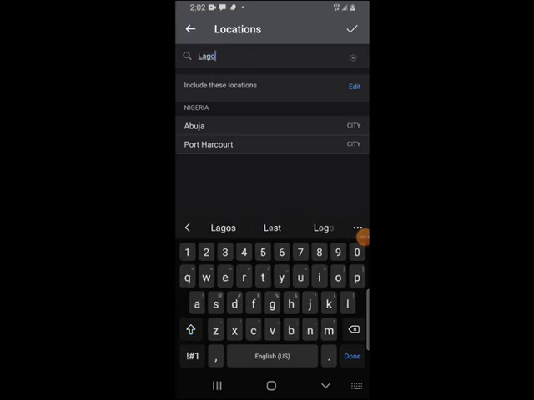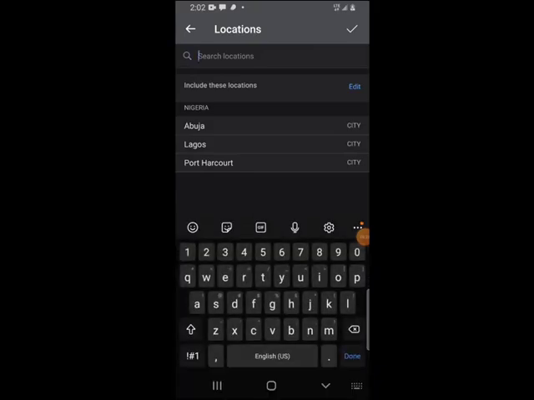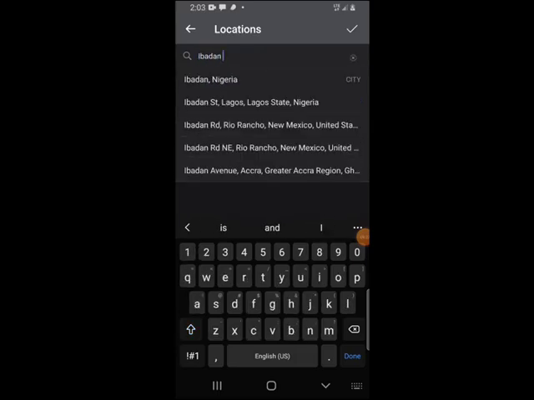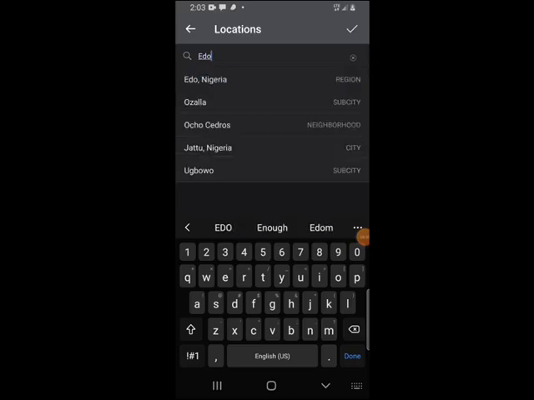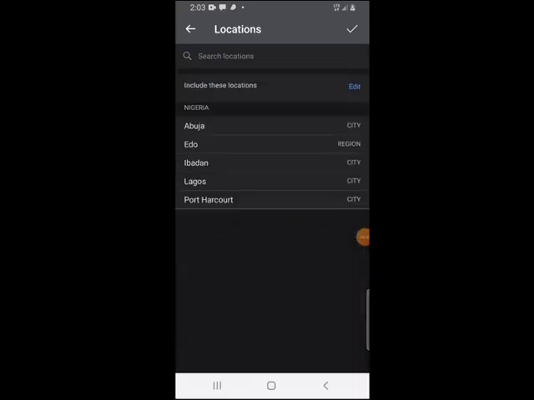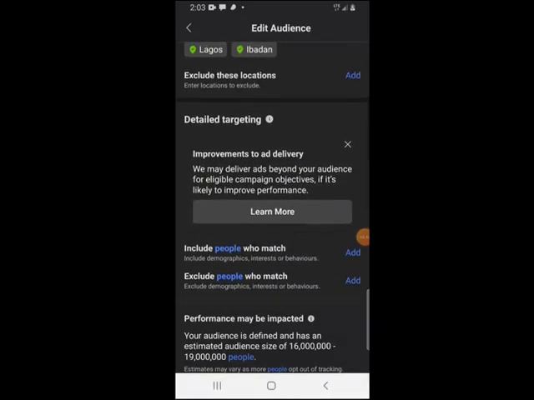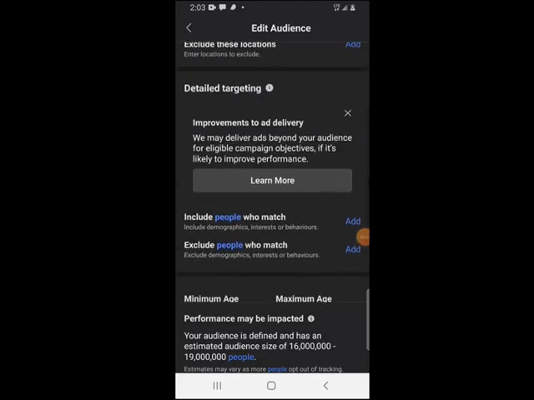Lagos, Nigeria, Ibadan, Edo States. So I'm not going to be going with this. So I'm going to click on tick. If you want to go ahead for detailed targeting, you can exclude some places and all that. Okay, so